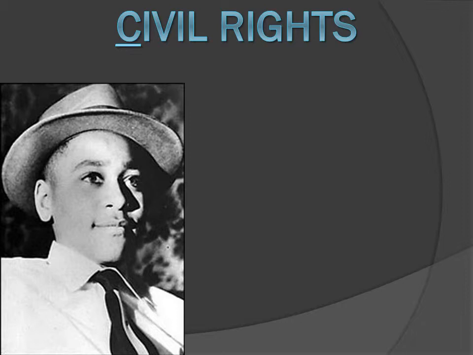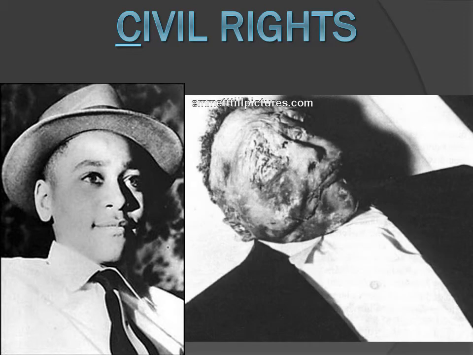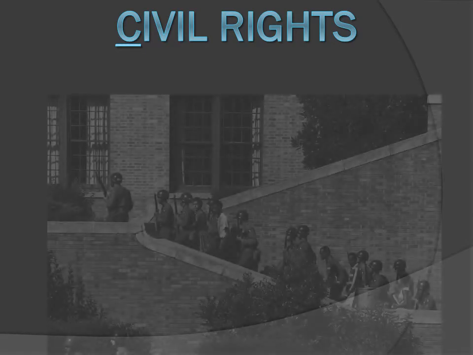Hopefully that wasn't too loud. And in doing so, a group of white men are going to surround this young kid, and they're going to beat him to death. And he's going to be returned to his mom, and his mom's going to have purposely an open casket. And as you can see with this graphic image, that's Emmett Till. And his mom purposely had an open casket to show what those boys, those boys in Mississippi did to her boy, and some of the consequences of this civil rights and what people of color were fighting for.